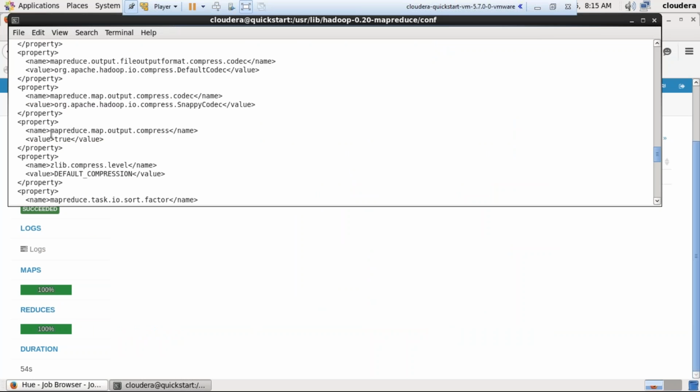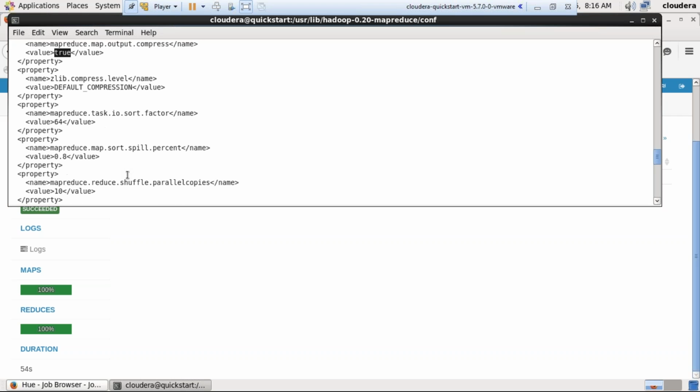That is the reason why, if I set mapreduce.map.output.compress to true, then what happens? My writing and reading is going to be faster, thereby my MapReduce job execution is going to be much faster. And you also see here